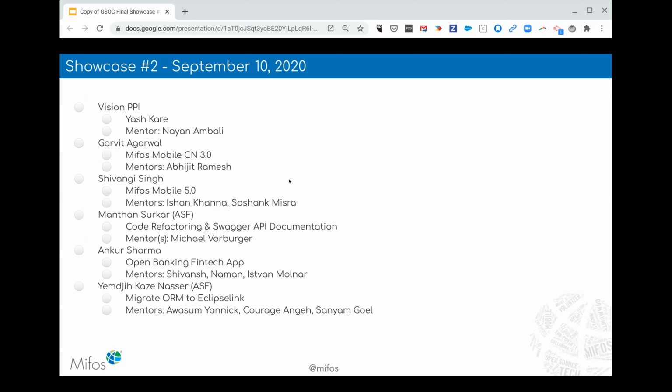And today we're going to have Yash, who's going to be sharing the efforts he led on our computer vision PPI. Garvit, who's going to showcase the latest progress on our mobile banking app on top of Fineract CN. And likewise, Shivangi is going to showcase her efforts on top of the mobile banking app on Fineract 1.x. And then Mantan is going to walk us through the extensive refactoring as well as the Swagger API documentation that